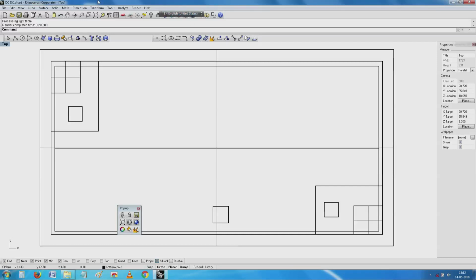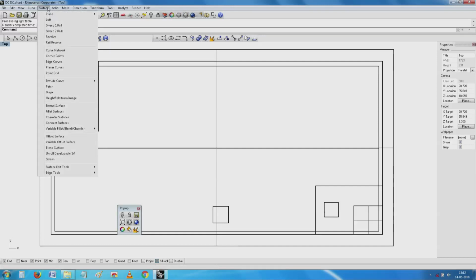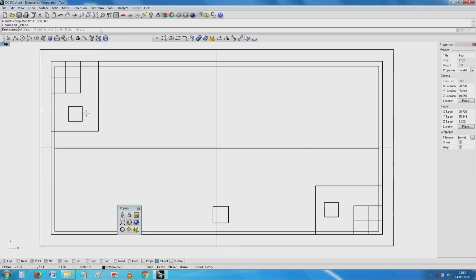Except that my box, if you see, I make a box now, I make a plane which starts from corner to corner.